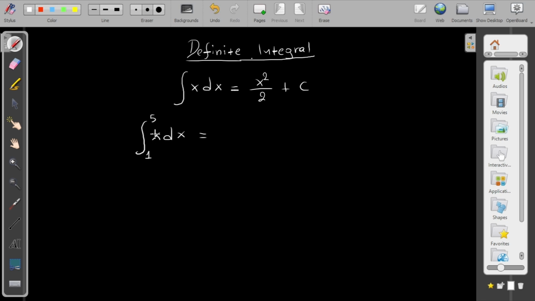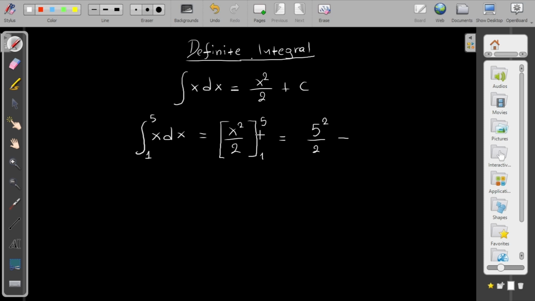I calculate again. What's the integral of x? It is x squared over 2. But now I will put my boundaries. I will not have this value c. Now how much is it? What is this notation? This notation means I will put the upper bound first, so it's going to be 5 squared over 2